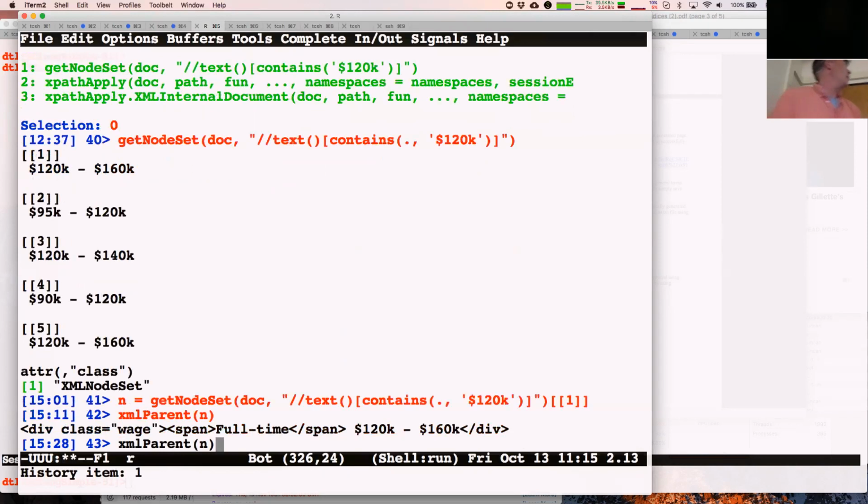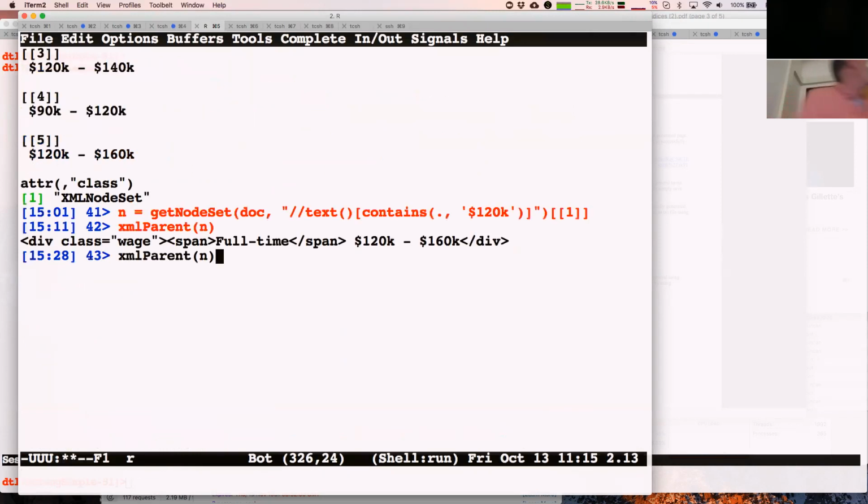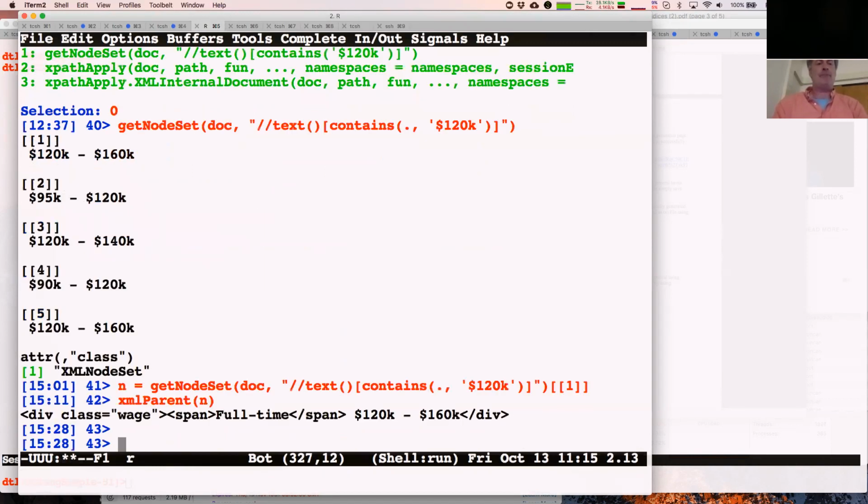That's why I knew that if I wanted to get the wages out, I'd guess a pattern. The pattern is that there is a division. We use these an awful lot in HTML. A division is this generic concept of a block, which has a class whose value is called wage. This is a class attribute, and now we can pull the content out of that. If I believe that, then I can apply it. If I go up one more,